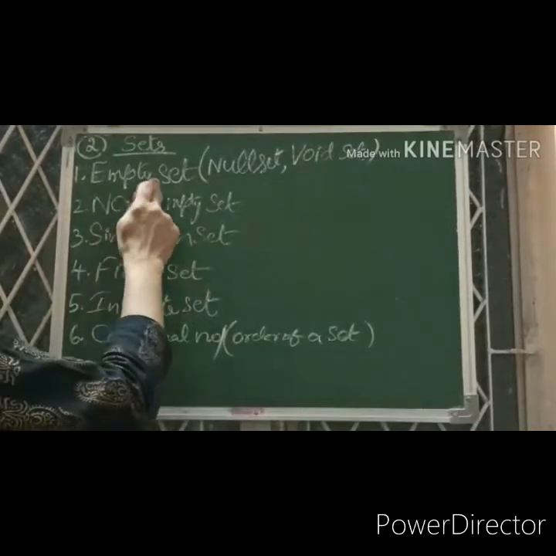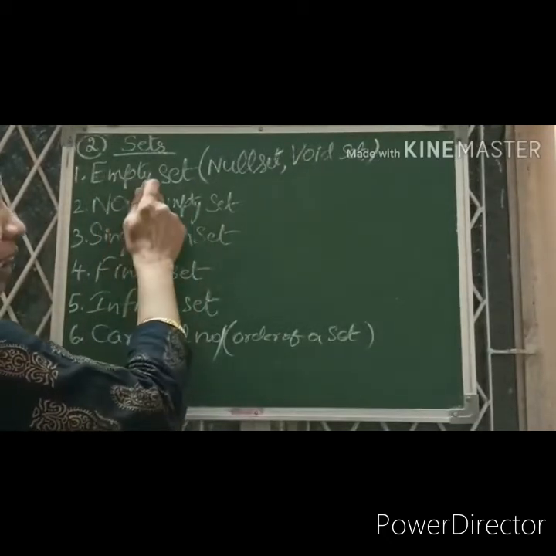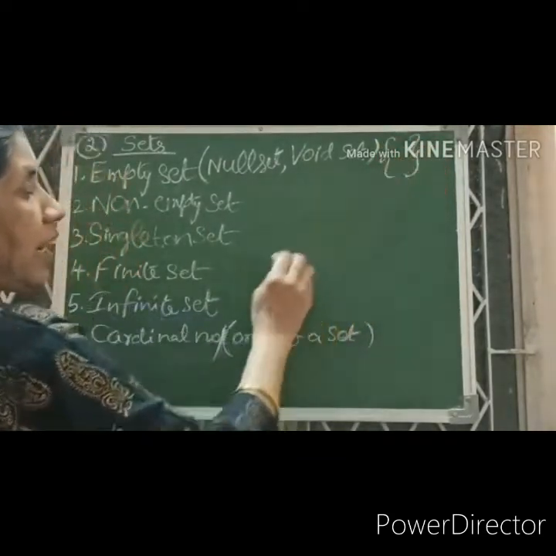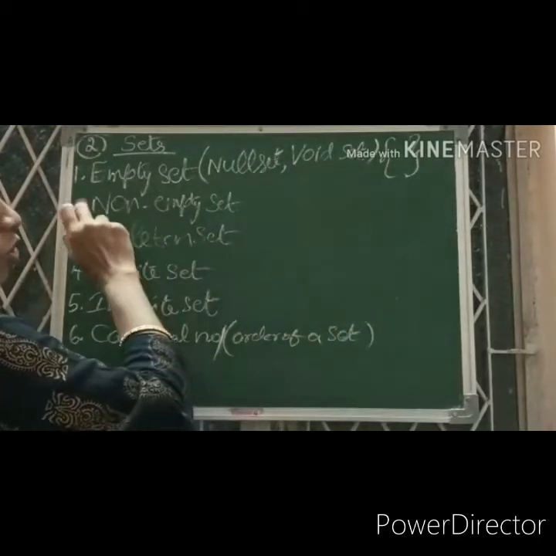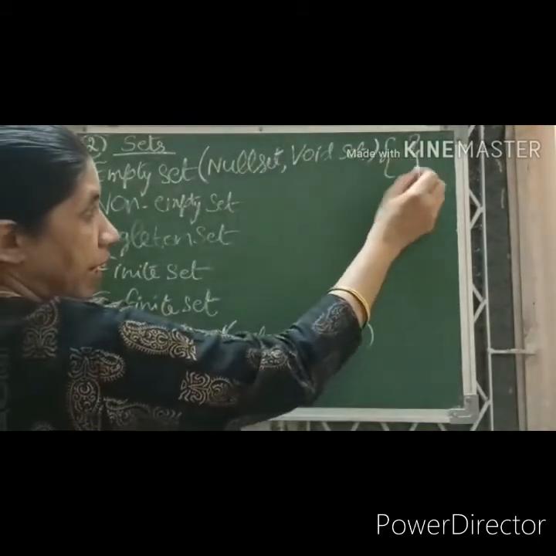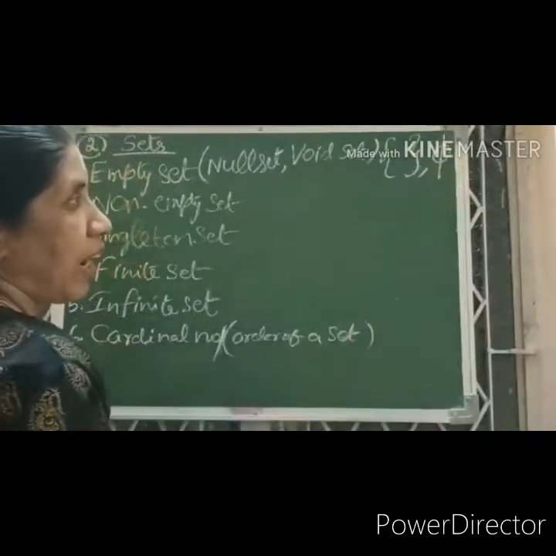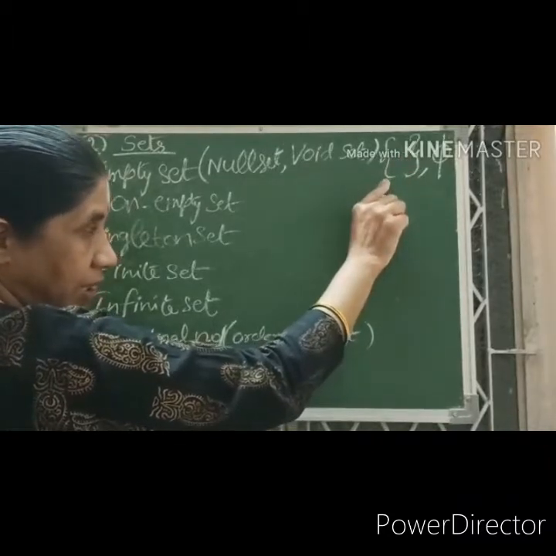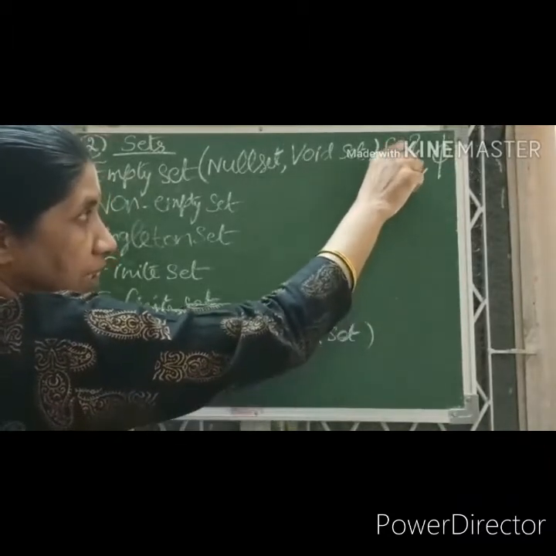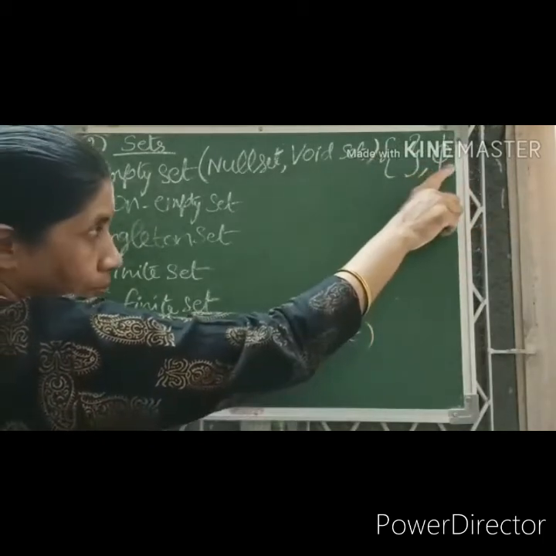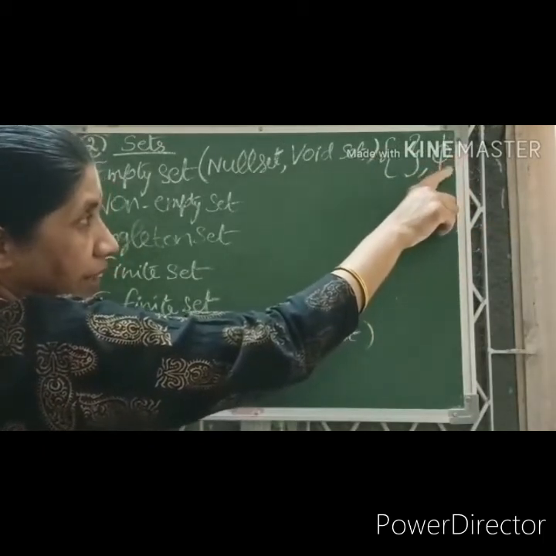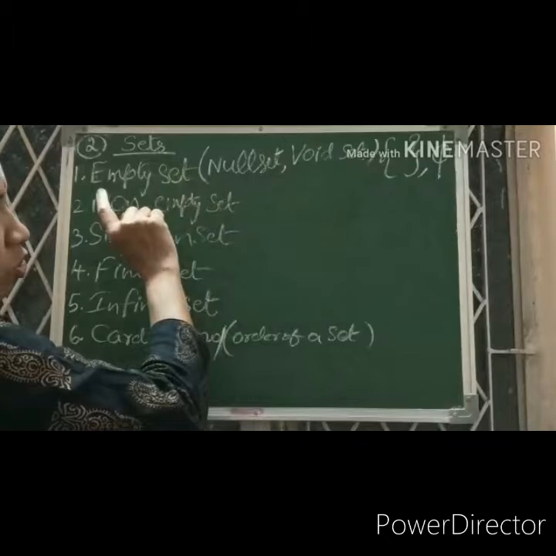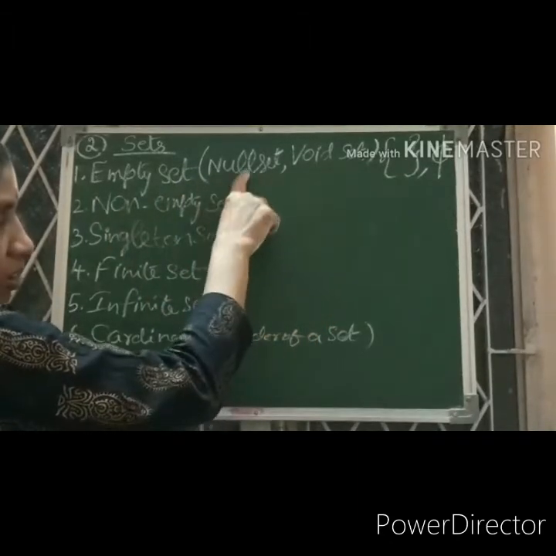The word empty set itself has the meaning empty. It has nothing inside the set. You won't write any element. Empty set contains no element at all. Either you can write this or this phi symbol. This is the symbol of empty set. Either you start the set with curly brackets and close it, with no element inside, or you write phi, once again the Greek letter phi. Either of these you can use. So empty set means the set has no element. That is null set or void set.